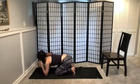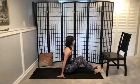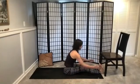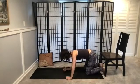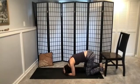Second phase will be using our feet, either on the wall or on furniture. So I'll show, if you have a chair or a couch, your feet will just be right at the edge of that. So you're measuring the distance of the legs, and that's where the crown of the head is going to go. So keeping track of the measurement, create the basket of your hands, bring the crown down,